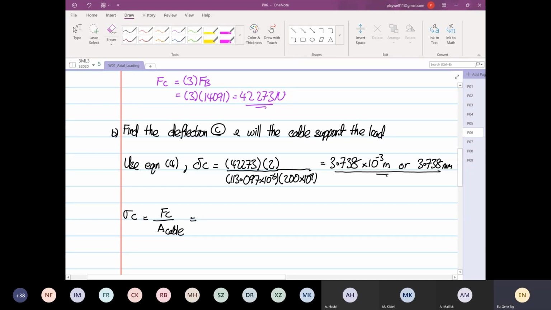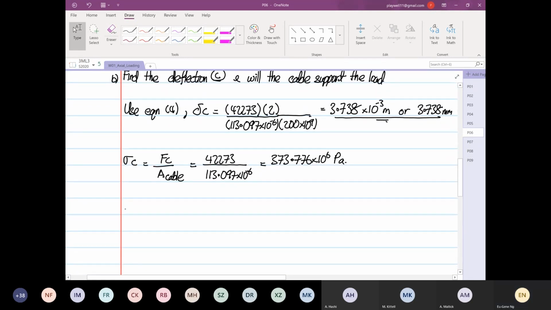So this will be equal to 42273 divided by the cross-sectional area, 113.097 times 10 to the power minus 6. So this happens to be 373.776 times 10 to the power 6 Pascal. So we realize that the stress at C is lower than the stress yield